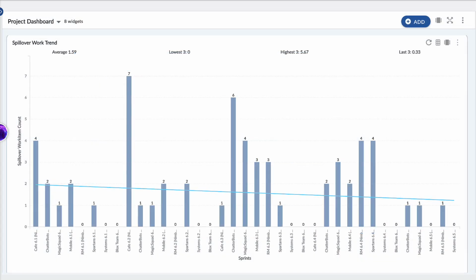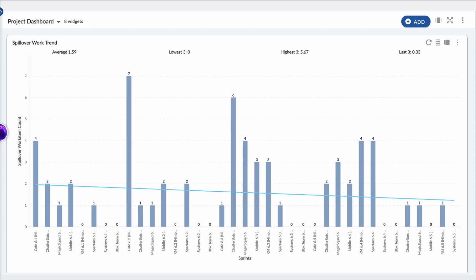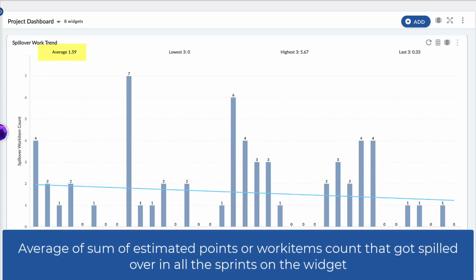In the chart, the sprints are plotted on the x-axis, while the points or count of the spilled over work item is plotted on the y-axis. Each bar represents a sprint, and hovering over the bar shows the sprint name as well as the work item count. The Spillover Work Trend also shows the important metrics such as average, which shows the average value of the sum